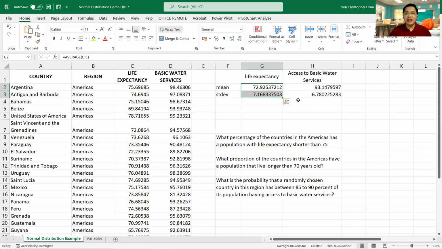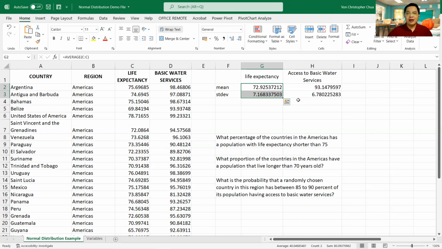On the other hand, access to basic water services has a mean percentage of 93.15%. That means that around 93.15% of the population in the Americas have access to basic water services, with a standard deviation of around